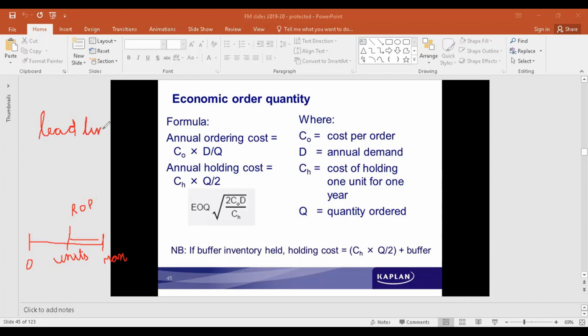So during this lead time, let's say it is 10 days, how many units of material would be consumed during these 10 days would be taken into consideration. That's the focus. So 10 days into units required per day. As much as that is still available with them, they decide to place an order. That is called the reorder point. But then, they do not count from zero units till the reorder point,